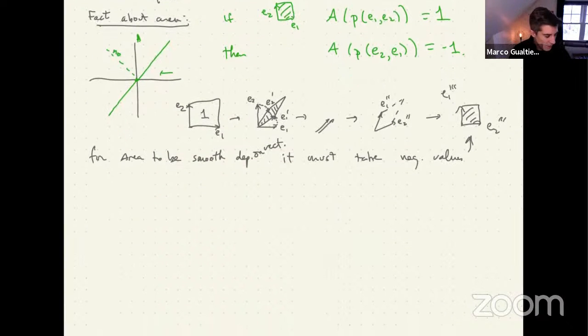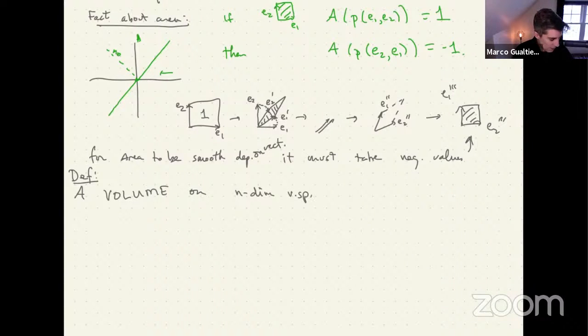Okay, so what I'm going to do is define an area, or actually a volume. So this is a definition of what a volume is. A volume is a tool that measures volume. You could call it a volume machine or something, but I just call it a volume. A volume on the n-dimensional vector space V is a map